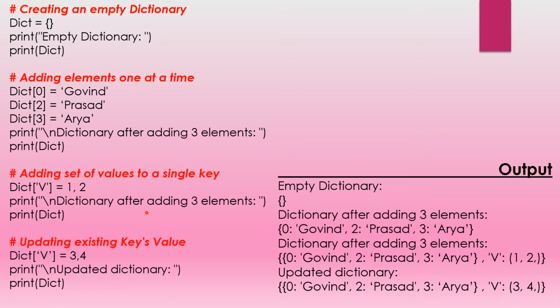So print dictionary after adding 3 elements. So this becomes one set of dictionary, this becomes another set, and this becomes a second set. So in output, as you can see, it is written first dictionary after adding 3 elements. So this will be printed. So now what happens, this becomes one set of dictionary and this is another set of dictionary. In printing, this will be printed and this will be printed, separated by a comma from this dictionary, as this is another dictionary and this is another dictionary. And here you can see this is the value, this is the key, and this is the value to it.